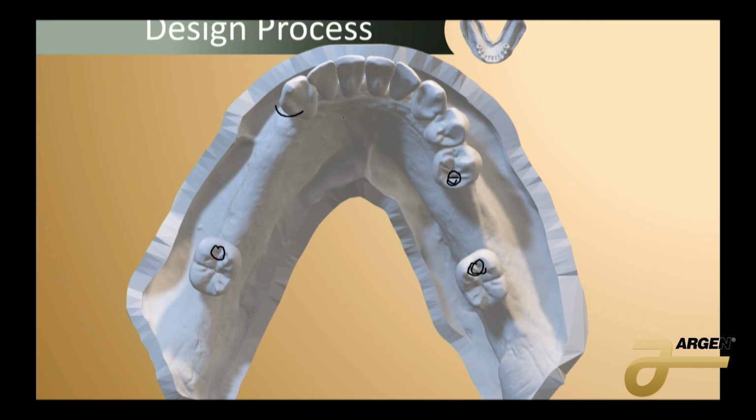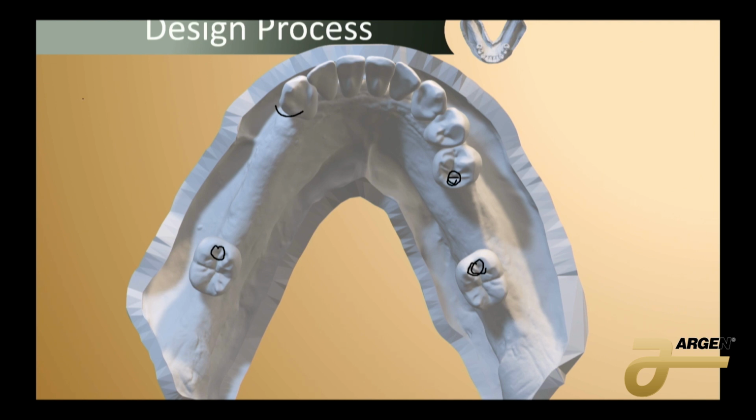Now, just because it's tooth-borne doesn't mean we can just not think about the future. What is the prognosis on those two back teeth? Are they going to be falling out soon? If so, we maybe should plan for the future of that. Maybe we should be reciprocating this a little bit more, knowing that those two back teeth are going to fall out. If not, if they're stable and we feel like this is going to be lasting a long time,